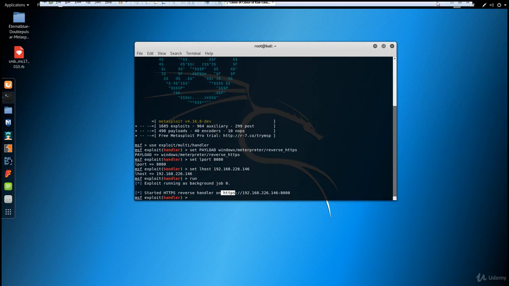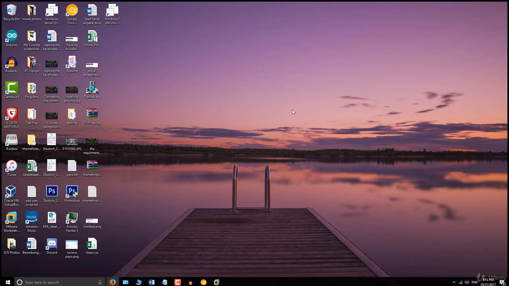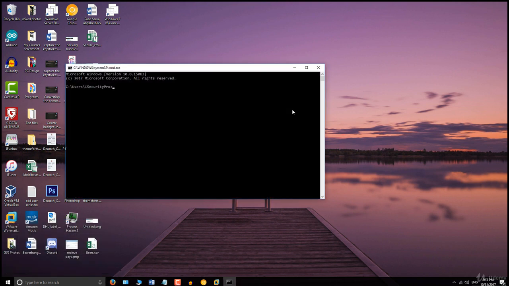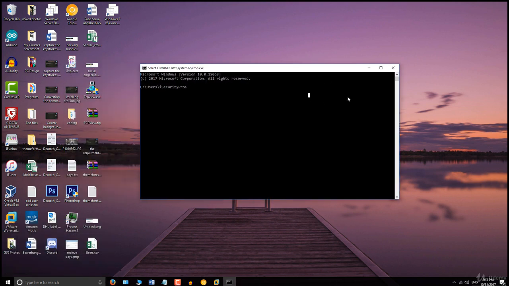So now let me come back to my Windows machine and show you how we can program it. Before we do all of this, I would like to show you the commands and explain my idea to you. First of all, we are going to create a PowerShell file that will download our payload from our Kali machine to the target machine. So let me clarify what I'm talking about. Right now I'm on the desktop. If I type cd desktop, I'll be in the desktop, and the command that I'm going to use is echo,